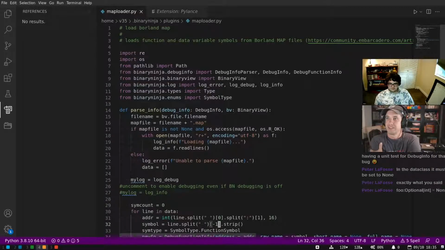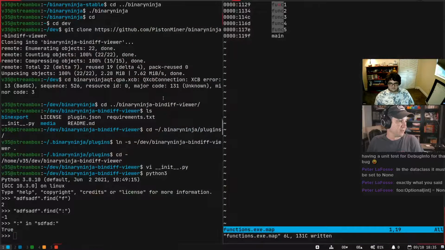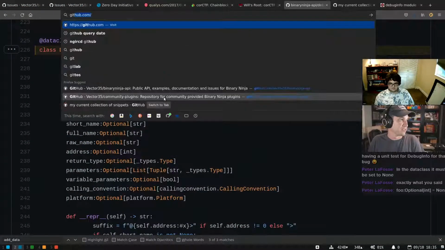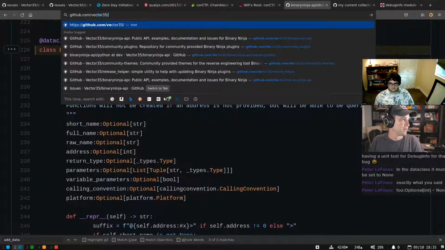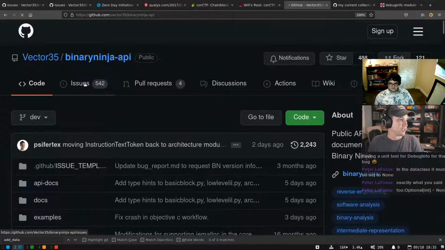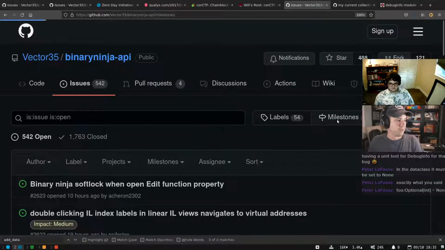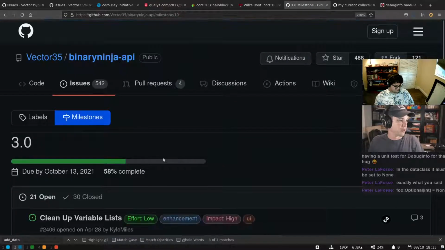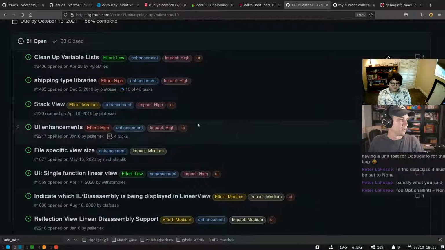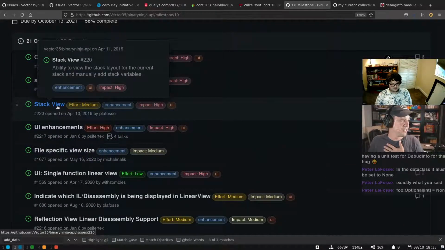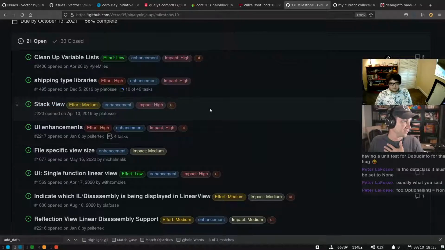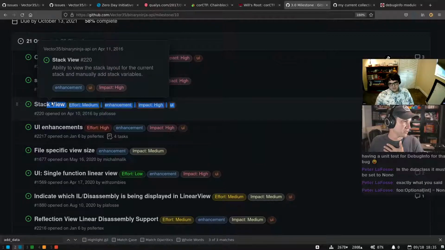Just giving you all the overall plan. We're nearing the last month of the 3.0 features. The remaining things you can see on the issue list. Ooh, it's nice and big. That's readable. So here's everything for 3.0. There are currently 21 things. And Stack View I've seen, ooh, it is actually coming along. It's just getting some final bits of polish and fixes, but that should land real soon.